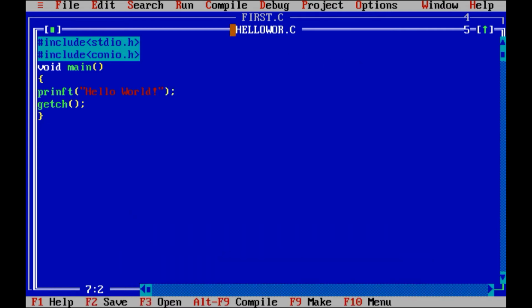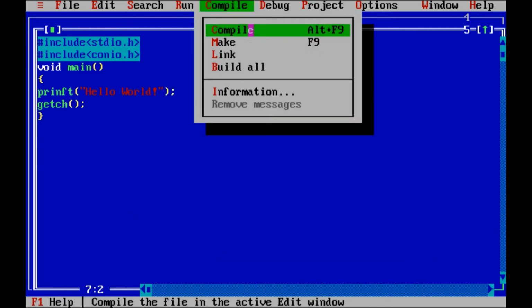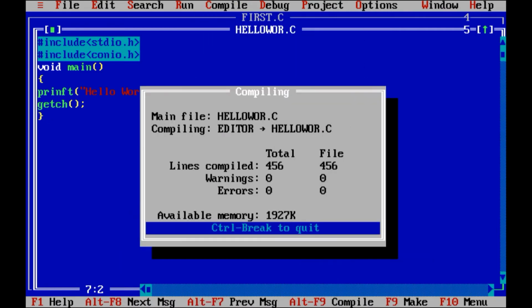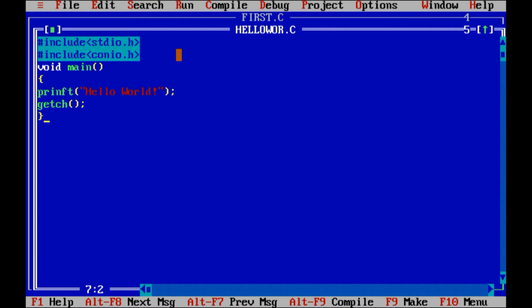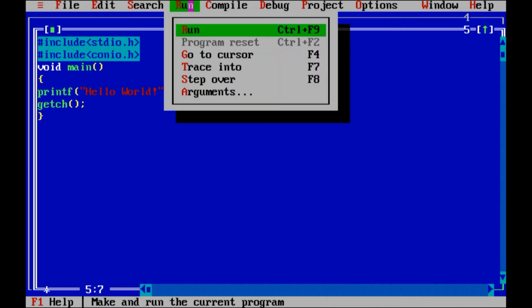Okay, then we will compile the program by Alt F9. I have corrected the spelling of printf, and for running the program we will use Control F9.